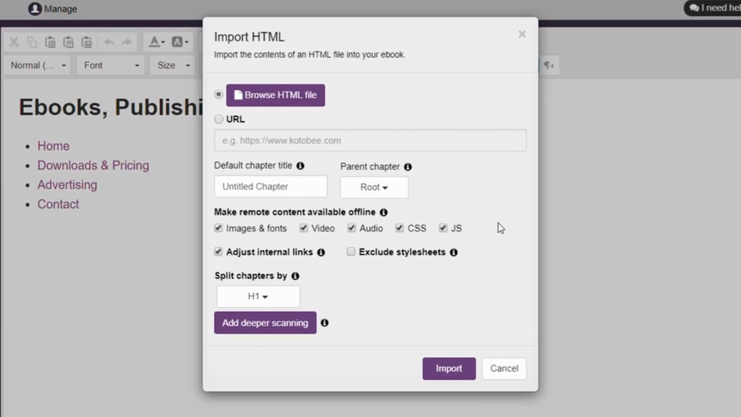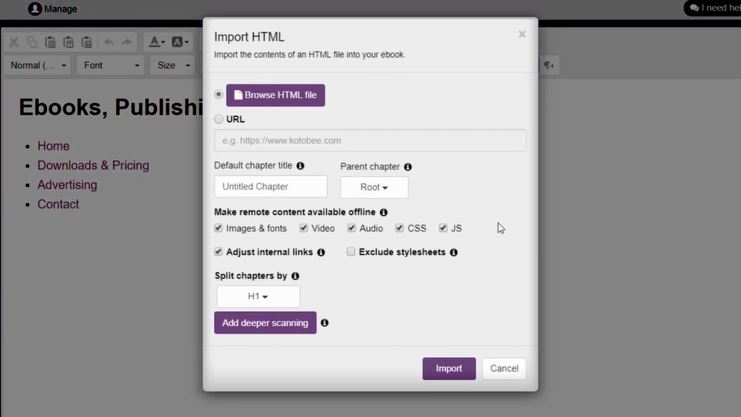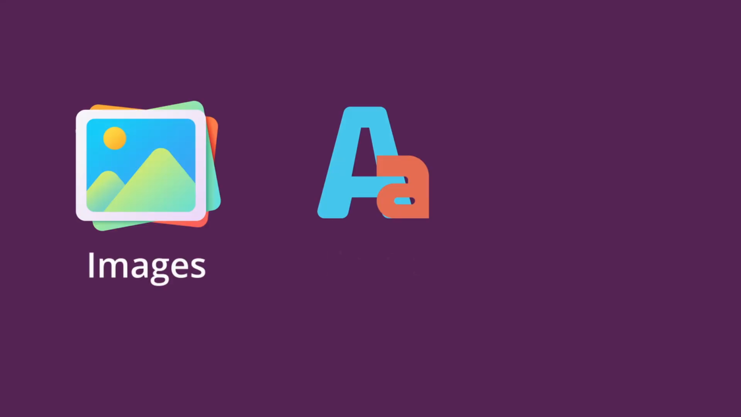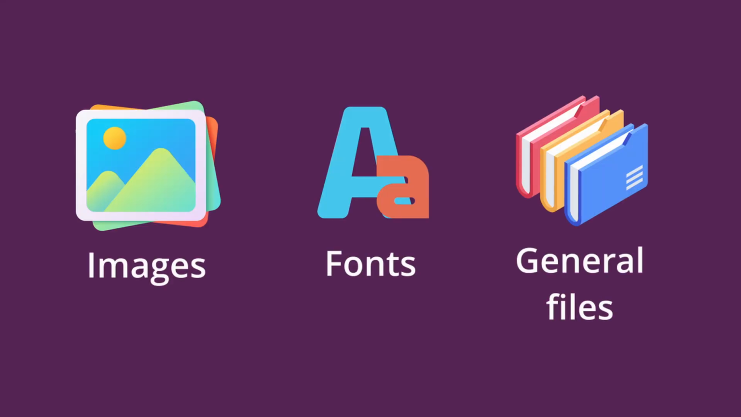Once you click on it, the import window box will appear. You can now upload your file by clicking on Browse HTML File and then locate the HTML file you'd like to import. You can also import the content of a specific website or web page by adding its web address in the URL box below it. In both cases, Kotobee Author will automatically pull any referenced images, fonts, or general files and add them to the